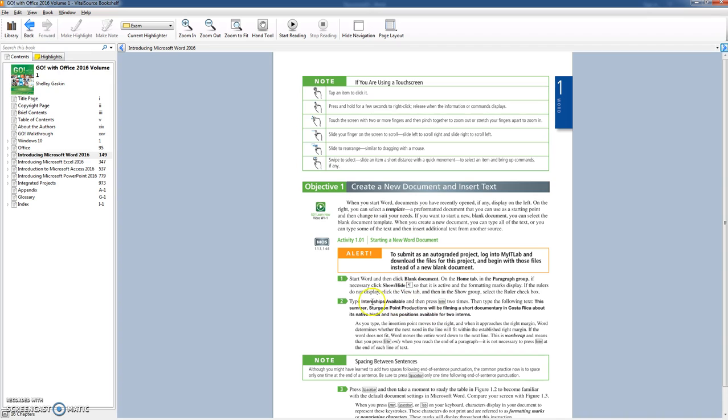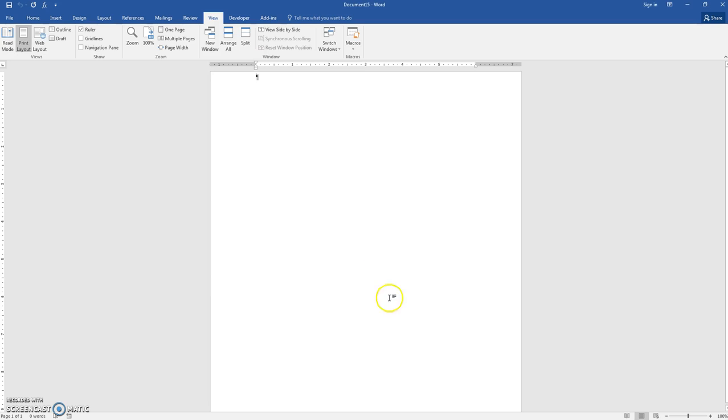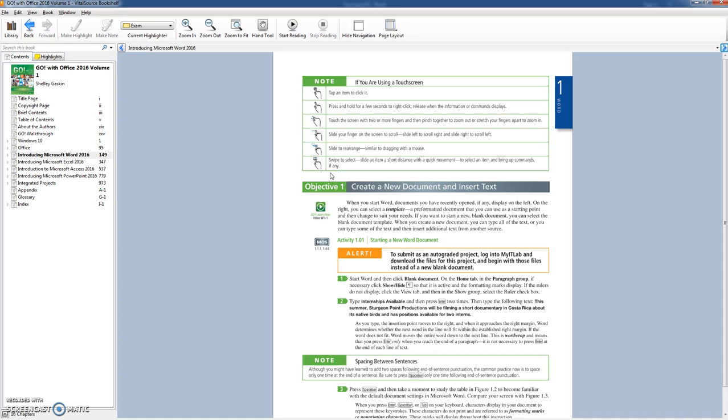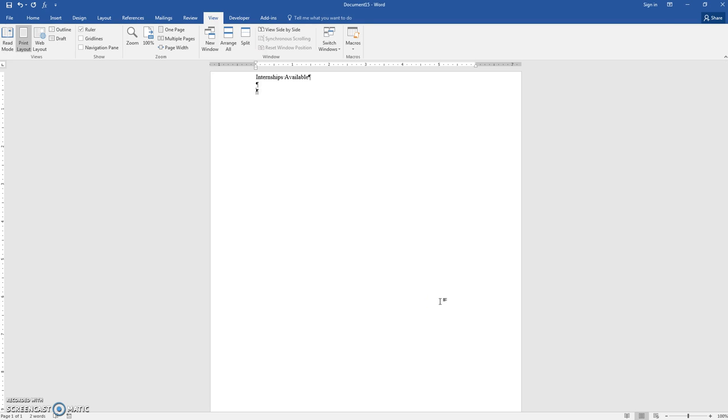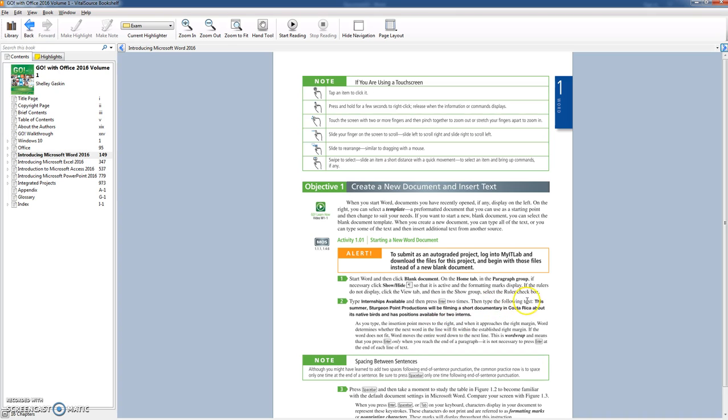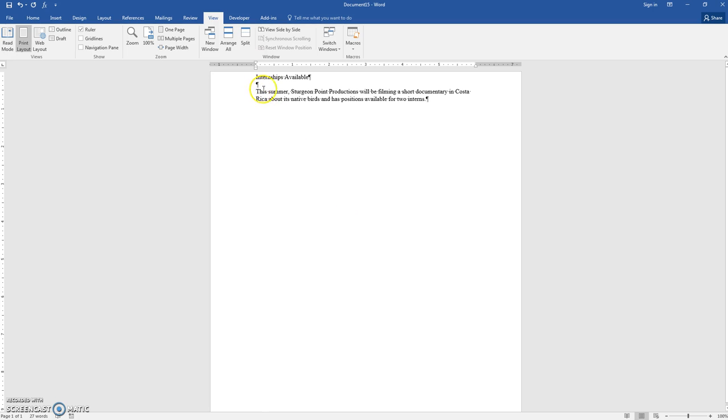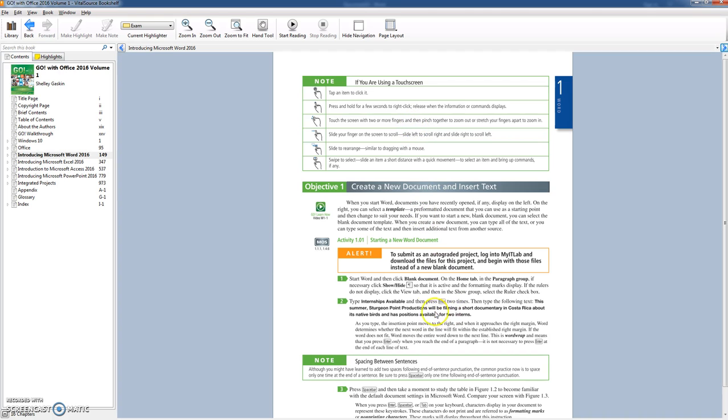Now we move to step 2. And so at the top we're going to type Internships Available. And as it indicates, we're going to press enter 2 times. And then we're going to type the following text, which I'm going to do, and start the video back up. So as you can see, I've typed in the text indicated in step 2. Now that that's complete,